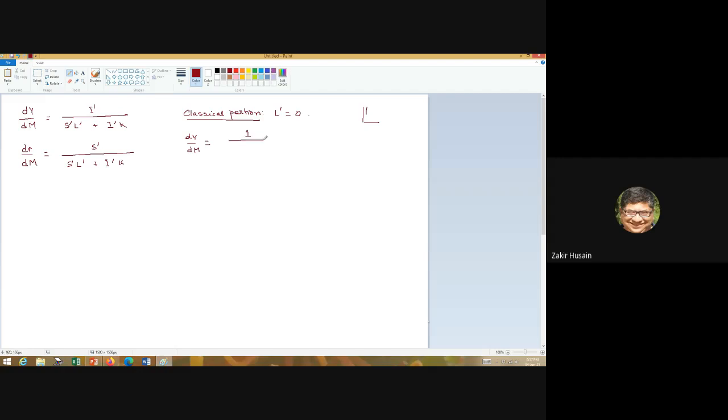Bringing I prime in, this will be 0. Okay, so we simply have 1 by k. Bringing I prime in, this becomes so. So this is positive. But in the earlier case what did I have? In the normal case it was, sorry, S prime, L prime, I prime, this was k.